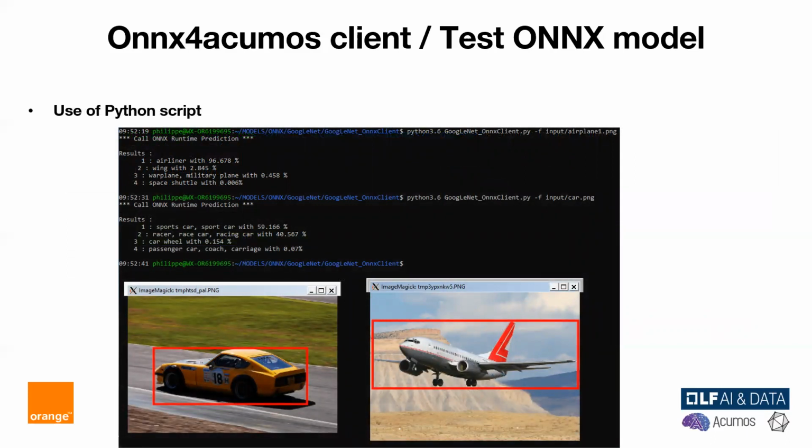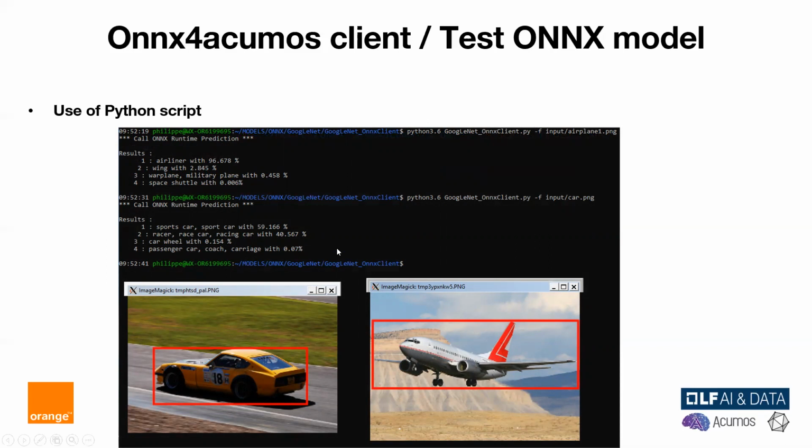The Python script provided by ONNX for Acumos is in fact a skeleton script that must be filled with pre and post-processing data methods. You can find examples of these methods on the ONNX model zoo in GitHub. I will not go deeply in the description of this Python script. Everything is explained on the ONNX for Acumos PyPI web page.